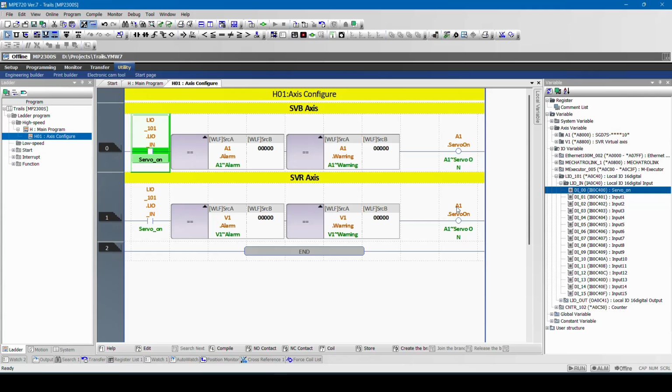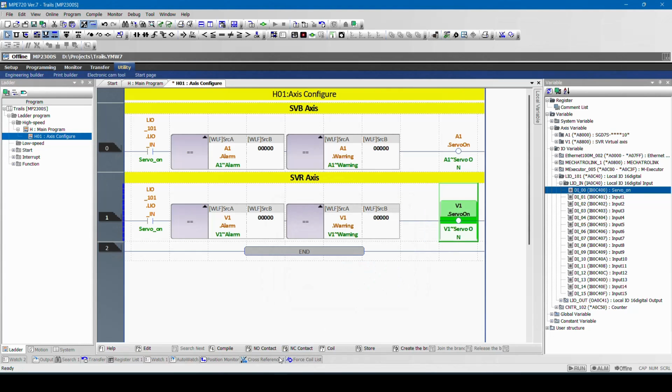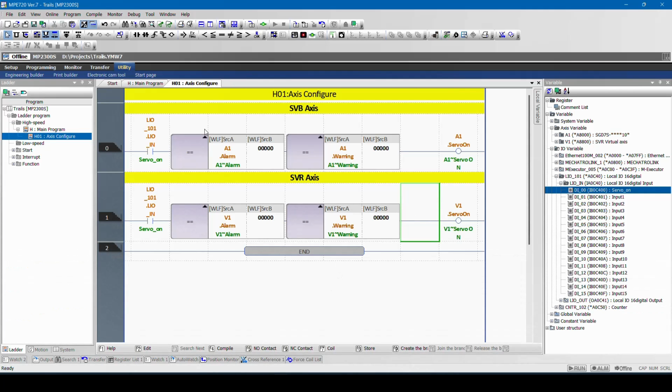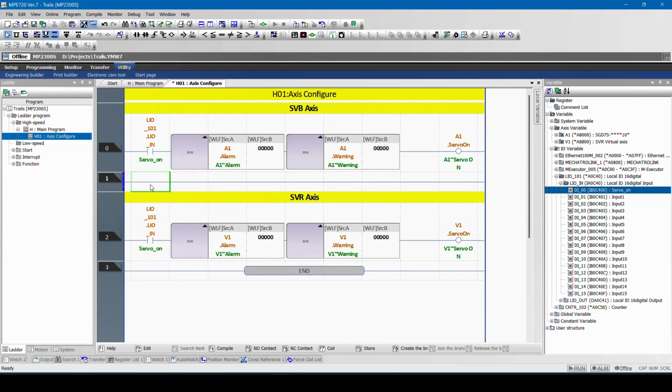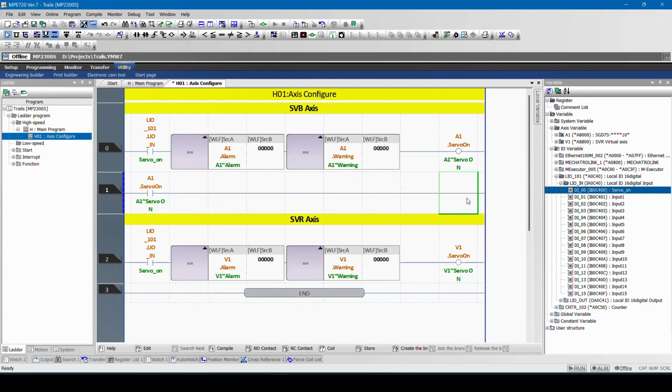Here you can also see we can change this, which we have not done. So we'll make it V1 and compile. Now I have made it servo on, and I made one input on. We want to know whether the servo is on or not as feedback, so we'll insert one more rung and check whether servo is on or not. Based on the input feedback,